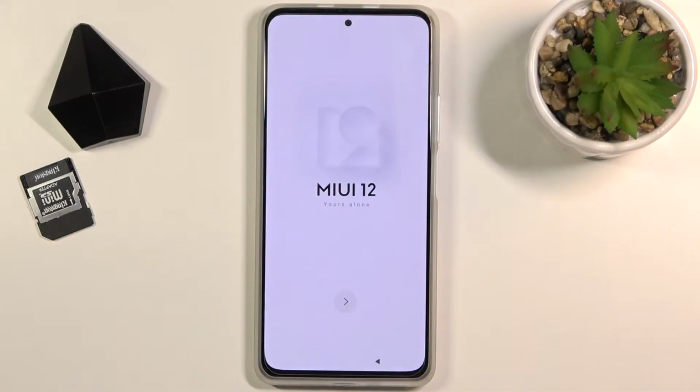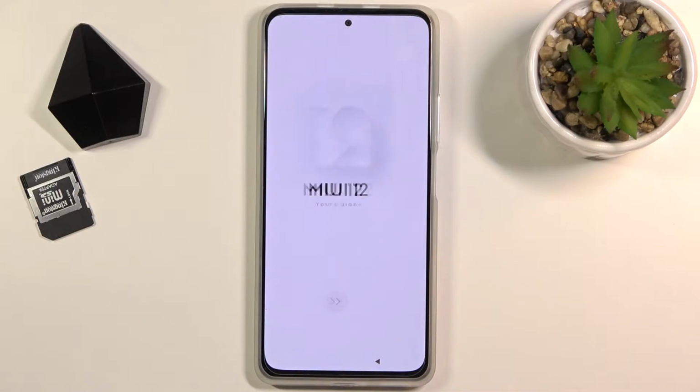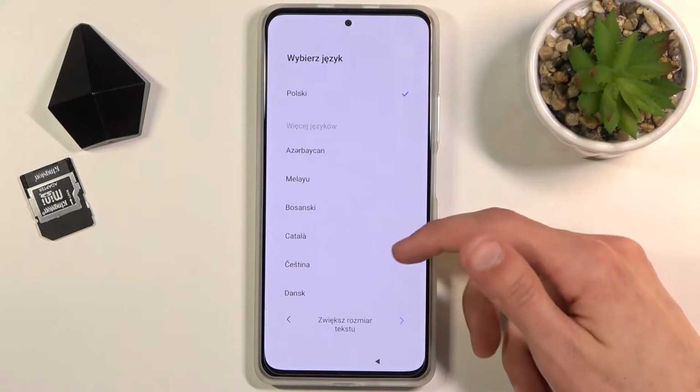Welcome. In front of me is a Xiaomi Mi 11i, and today I'll show you how to go through the setup process of this phone. When you boot it up for the first time, you will be presented with this screen right over here. So let's get started by tapping on an arrow, selecting our desired language,